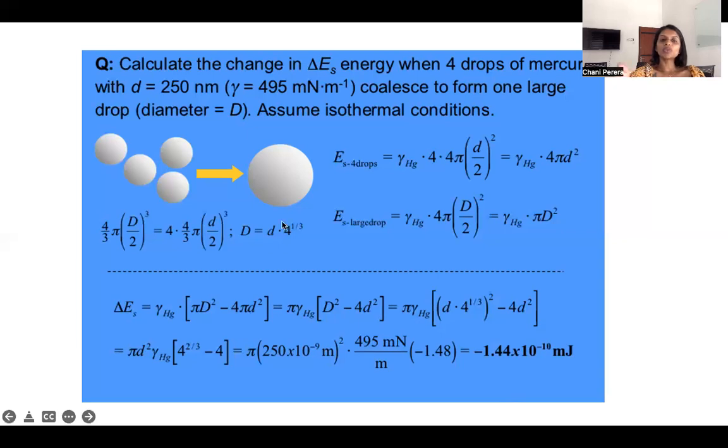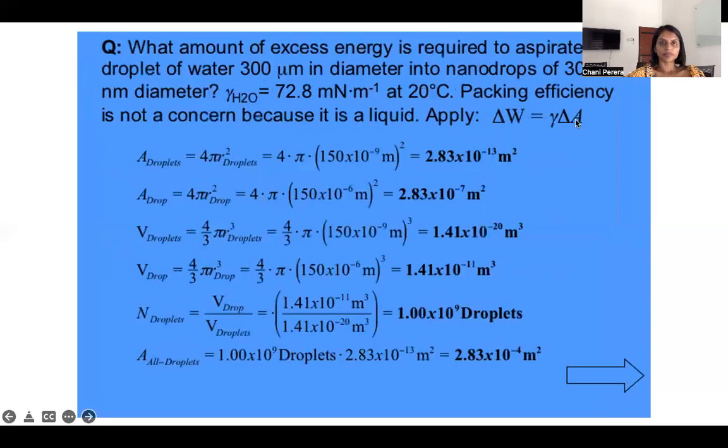So if you want to create more surfaces, you will have to do work on it, you will have to supply energy. And on the other hand, if you take smaller ones and try to fuse them to make a bigger surface, then the excess energy will be released. So the second example is